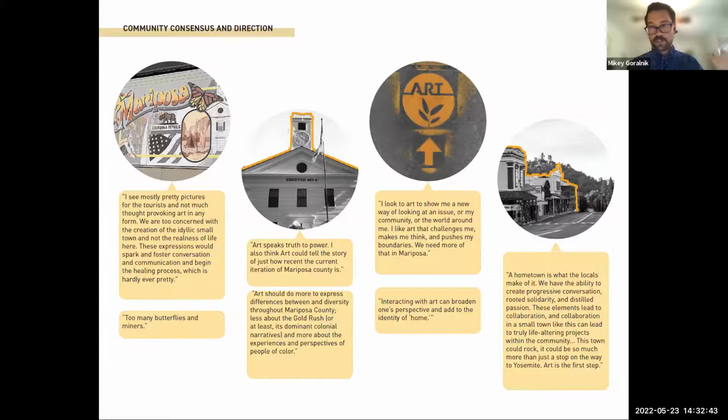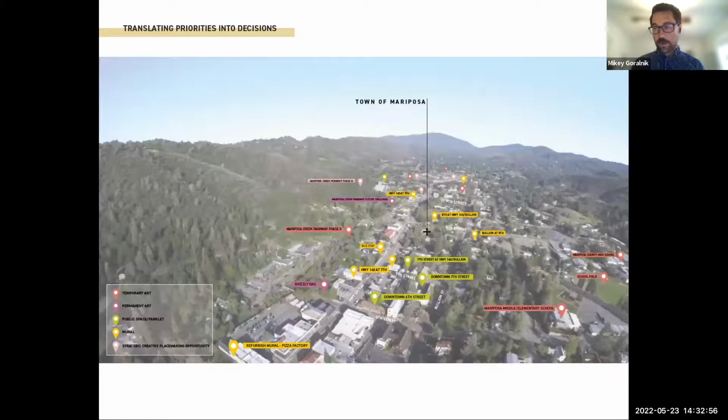So these are obviously very high-level comments, but like I mentioned, in addition to these more general, philosophical, thematic responses, we got really clear direction from the community on specific interventions that the county, the Arts Council, and other partners could take to respond to and advance the themes and big ideas that we captured through this art-driven engagement process. This is a graphic showing where some of those recommendations would be located in the town of Mariposa.